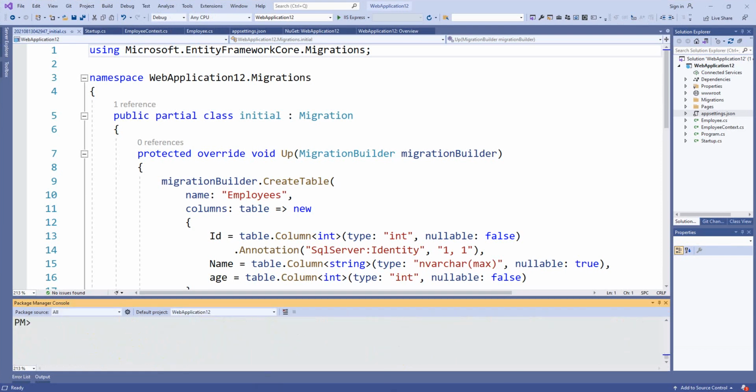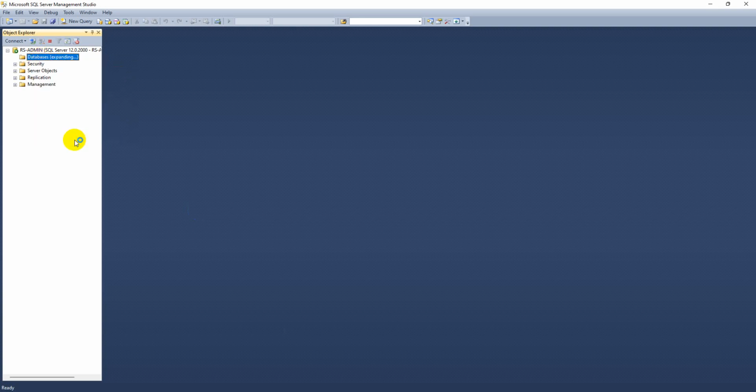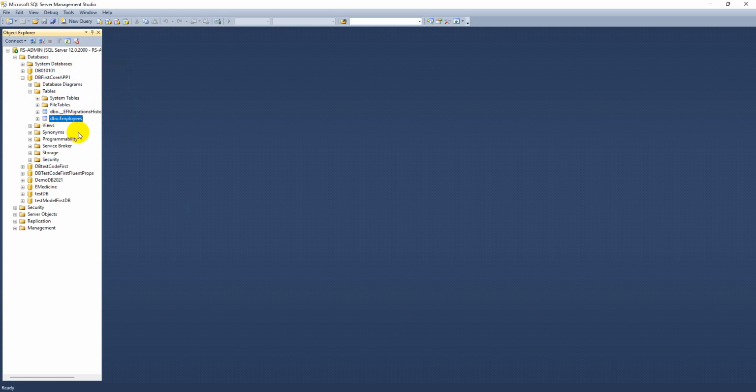Yes, done. Now you can refresh here in the Databases folder. You can see DB first core app 1, and under this you can see the table Employees.